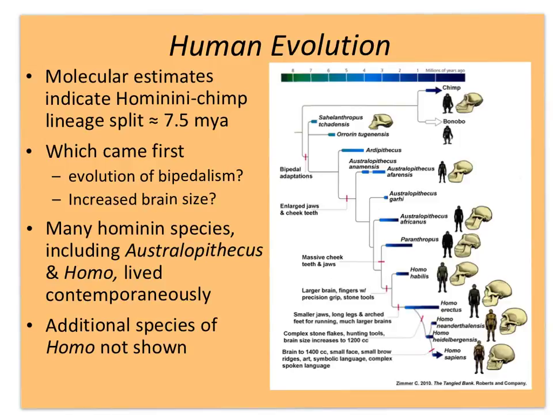One of the big questions was, which came first? Walking upright or a larger brain? If it was a larger brain, would you expect to see the larger brain showing up in older taxa or newer? Older. It turns out that